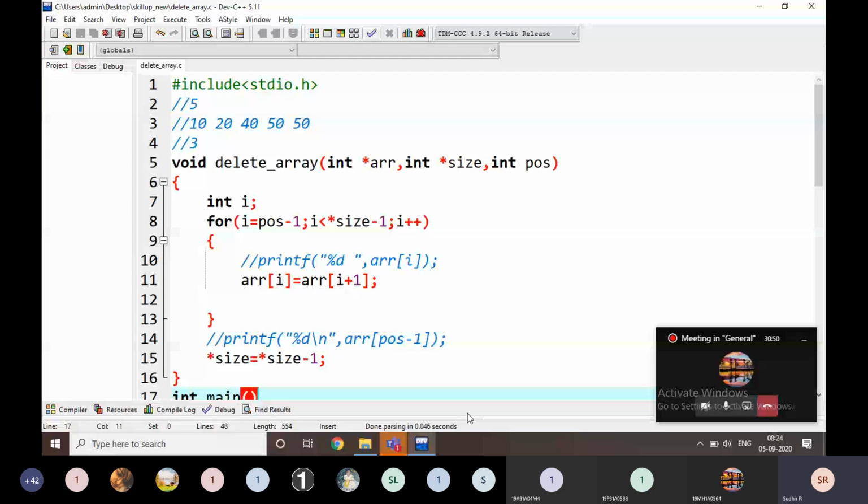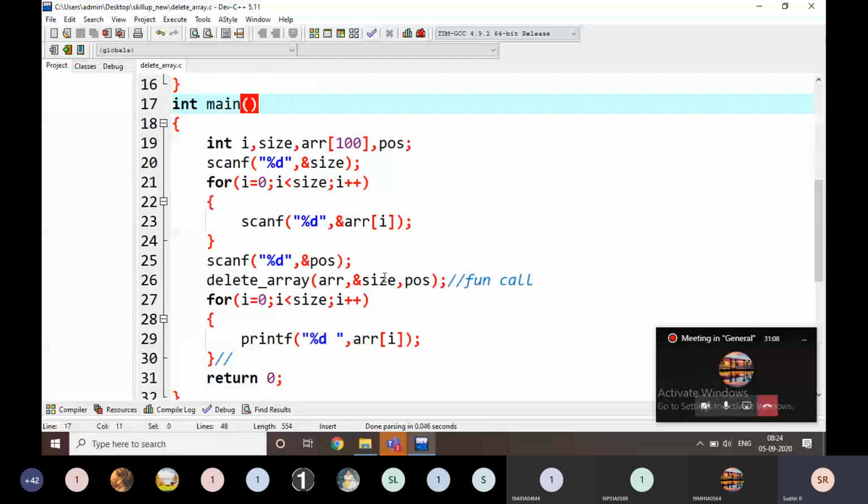Is it finished? Students: Yes, sir. I think you already noted that main function, right? That's why I'm not showing the main function. If you want to note it down, just note it down.